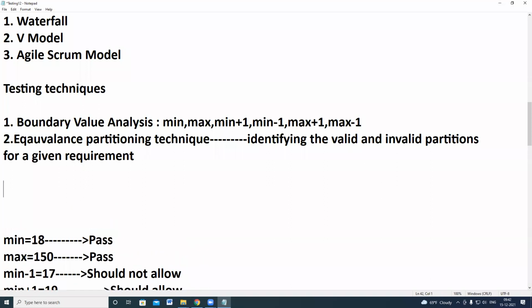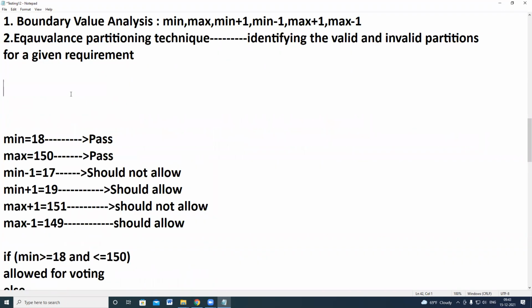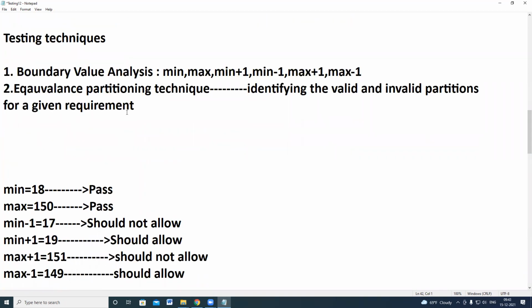Okay, now let's come to this point. Equivalence class partitioning: identifying the valid and invalid partitions for a given requirement. So in this case, what are the valid partitions? 18 to 150 is the valid partition, as per the requirement.